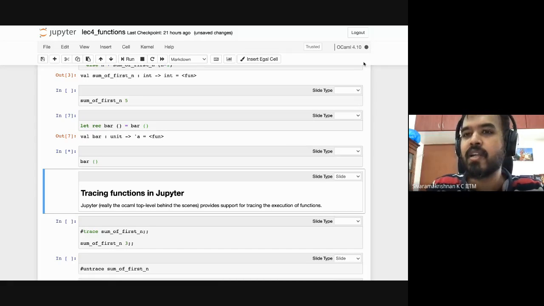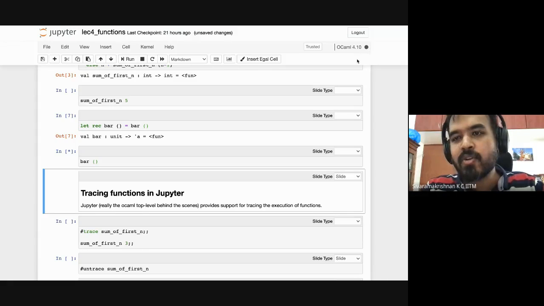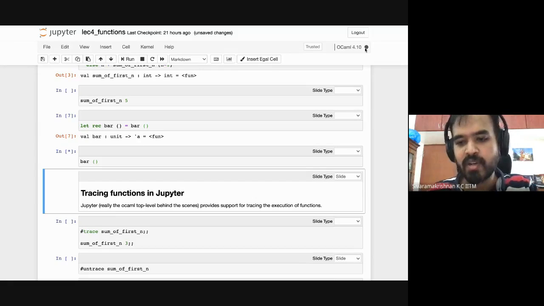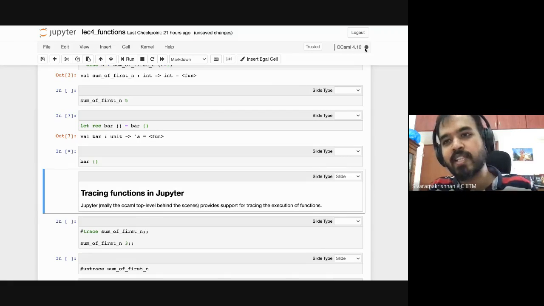I don't know whether you've done very serious C programming where you had stack overflows, right? This thing does not stack overflow. It's just spinning, and my fan is starting to spin up. It's trying to use a lot of memory and CPU. If this comes up and you are confused about what is happening, look at this circle here, right? It's filled here. It's telling you the status of the kernel. We are digressing from what we should be doing, but I think this is important.